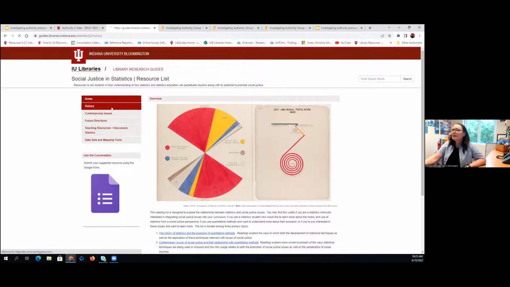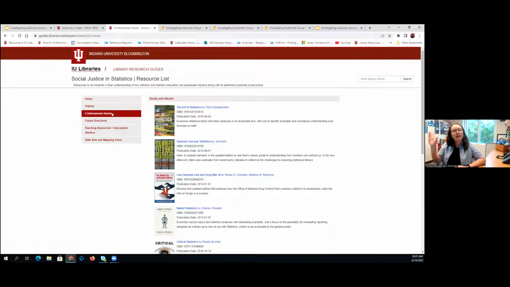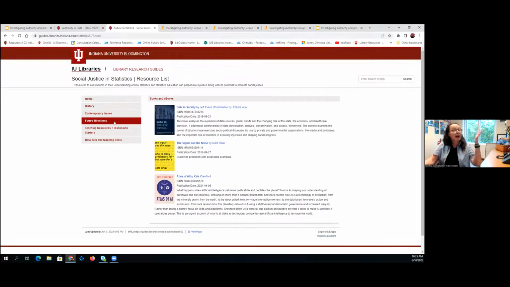And so what we did was we looked through the library catalog and we culled articles that were related to social justice and statistics and investigating and interrogating the directions and the foundations of these data sets and looking critically at them, as a way to bring community together among statisticians and statistics faculty to use these resources and to populate their syllabus and their courses with this type of information.